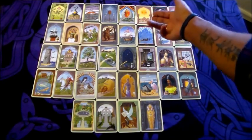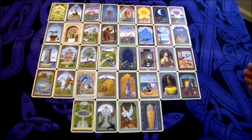Now, another aspect of these shorter videos of this series is that people have been asking me about how do I read the cards in the houses. So I've been very mindful that in each one of these videos I go into that a little more deeply than I had in my overall Grand Tableau video. So in this particular case, Sun is in the house of clouds, and so clouds represents things like confusion, uncertainty, being unsure of oneself,